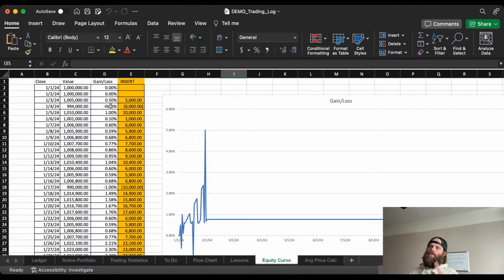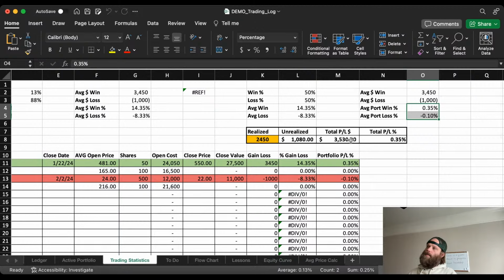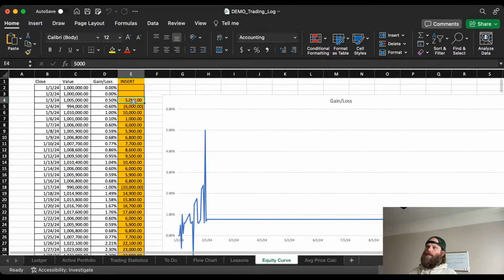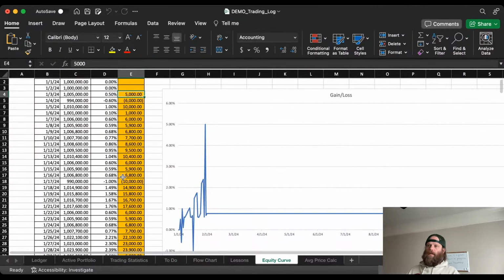The problem was with this, I had to manually, I guess I could have tied this to here, but the problem is with Excel, and I'm sure there's a way you could probably put Python code in here to do it, but you'd have to be able to tell this to update this end of day number. So I was manually doing this, and then sometimes I would forget. So I'd have to